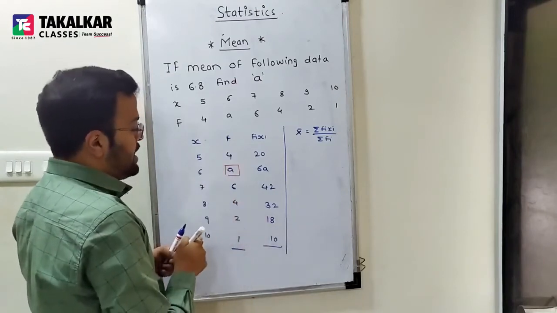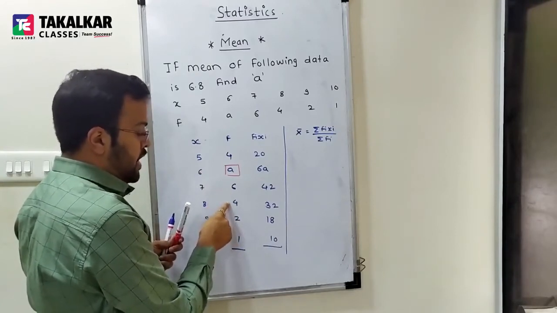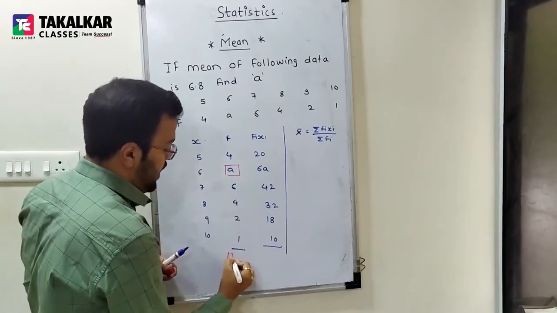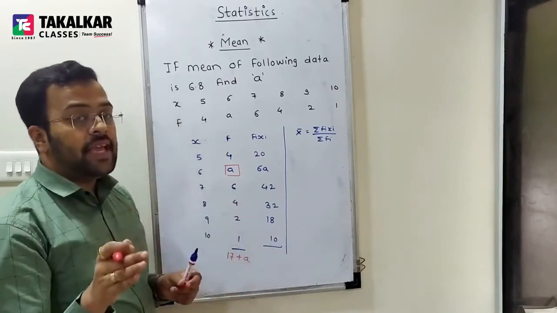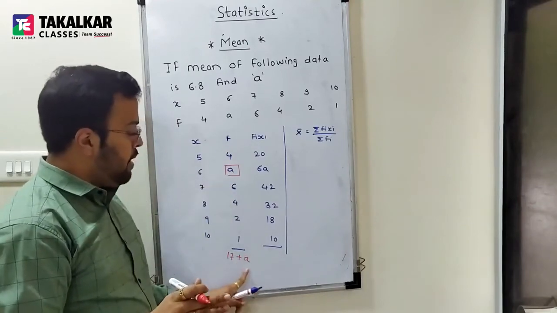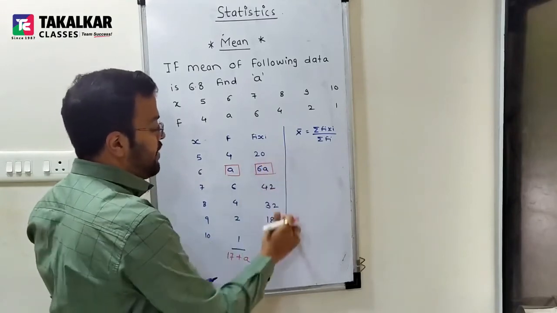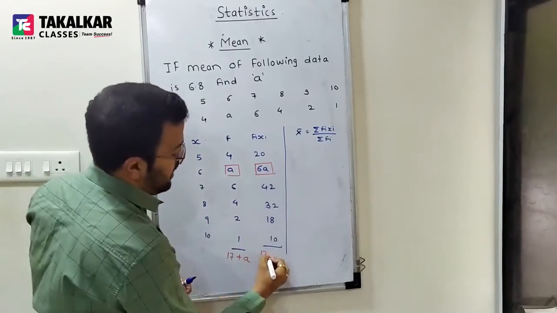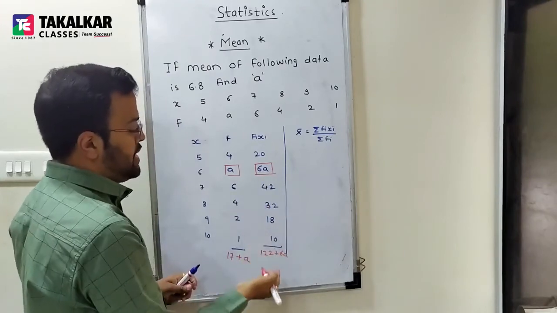First add all these numbers. 6 plus 4, 10. 10 plus 4, 14. 14 plus 2, 16. 16 plus 1, 17. So this is 17 plus your A. This will not be 17A. It is not multiplication. Here it is addition. So all numbers plus A. Similarly, in this column also there is 6A. So you add the rest of the numbers and your answer is plus 6A. After adding this, you will get 122 plus 6A. You can try this addition, 122 plus 6A.